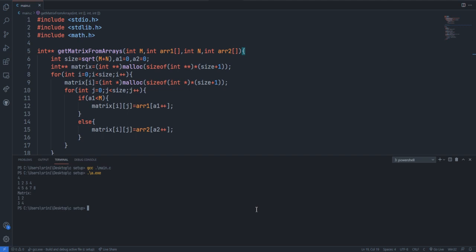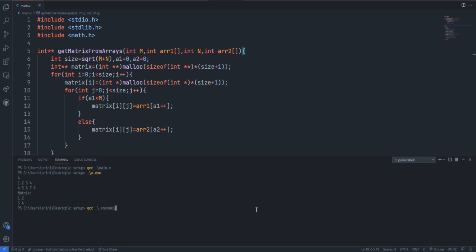And I got 1 2 3 4, which is nothing but the... I think I have made some mistake with these inputs, didn't I?